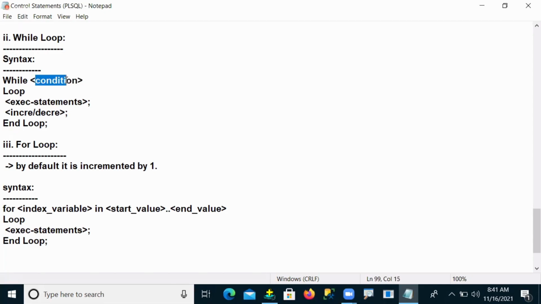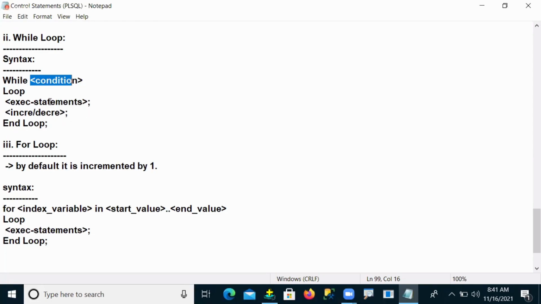Suppose this condition is true 10 times, then your loop statements will be executed 10 times. So if the condition is true, enter into the loop, executing a statement. After executing, it gives an increment or decrement. After the increment or decrement, again the condition is checked, again the condition is true, again execute statements and give an increment or decrement, again come to the condition. So like this, it is a cyclic process, a continuous circle. These are what we call iterations.